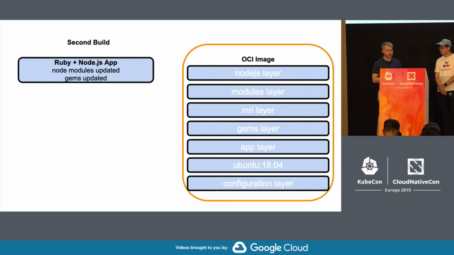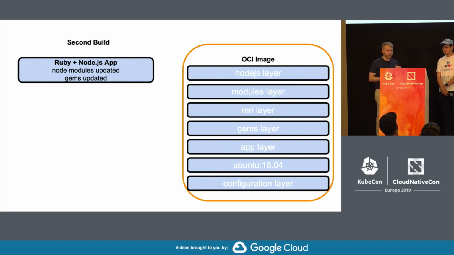And so to do this build by build, so you get a sense of why the model is efficient, starting with that app, the first build, analysis happens and nothing happens because there's no previous image. It installs everything, installs Ruby, gems, Node modules, and exports those layers out to create the image. And then on the next build, those layers are still there in the registry. They're not going to be downloaded locally. But let's say you